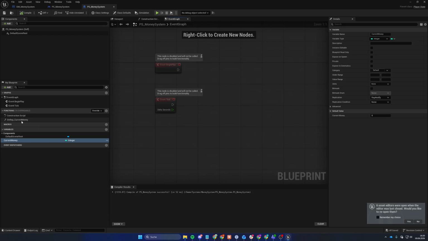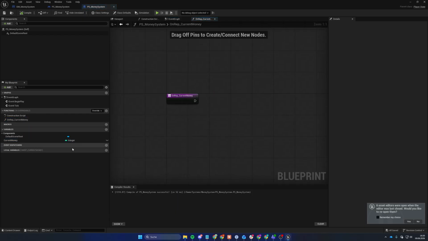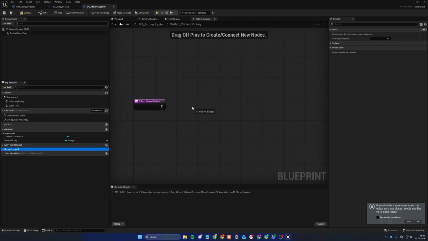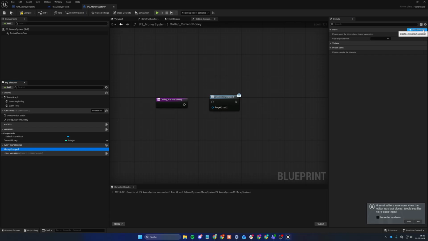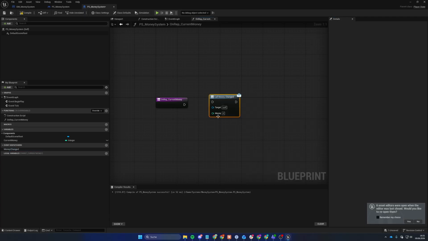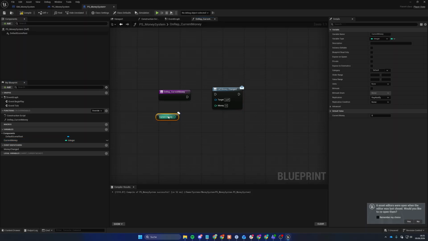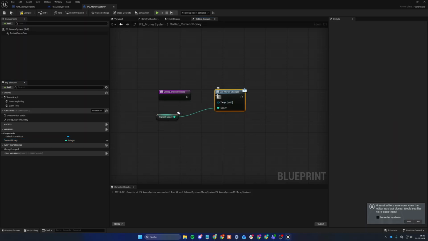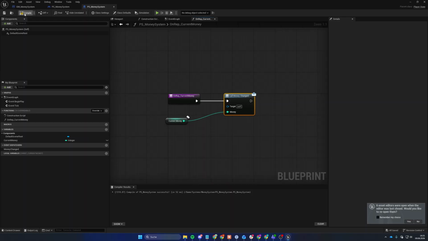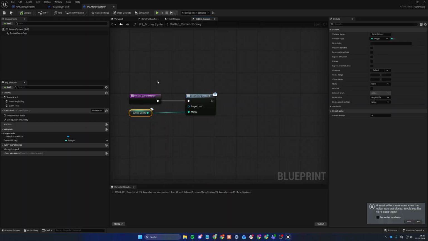function will then be called on every client, which is why we are now going to create an event dispatcher which is called money changed, and we are going to call that here, but we need an input, so select it and go to inputs. Could also be down here if that's not visible for you, but the input should be an integer called money. And if we now hit right click on here and refresh, we can see the money. We can then select our current money, put that into here and put it like that, and that's the replication